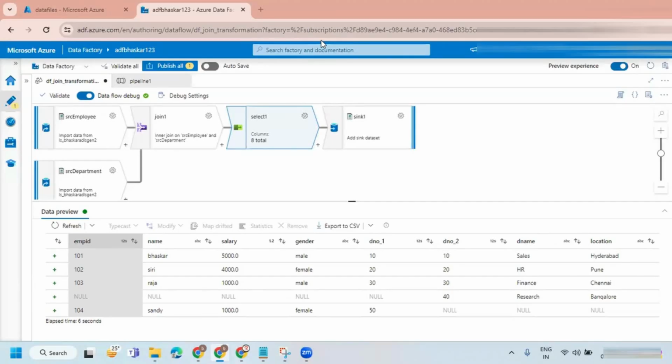Venkat, we already came across this transformation, the derived column transformation. The equivalent of the expression transformation in Informatica is the derived column transformation. You try.